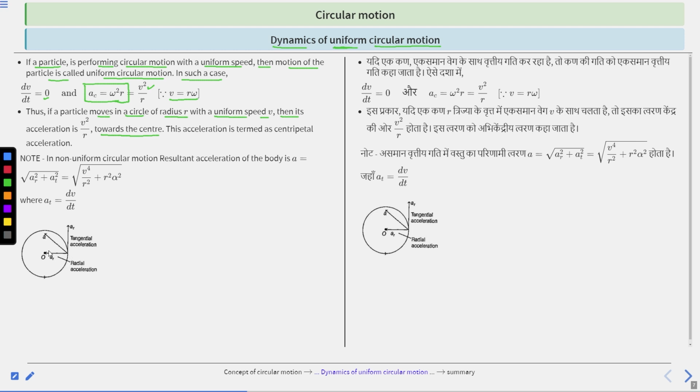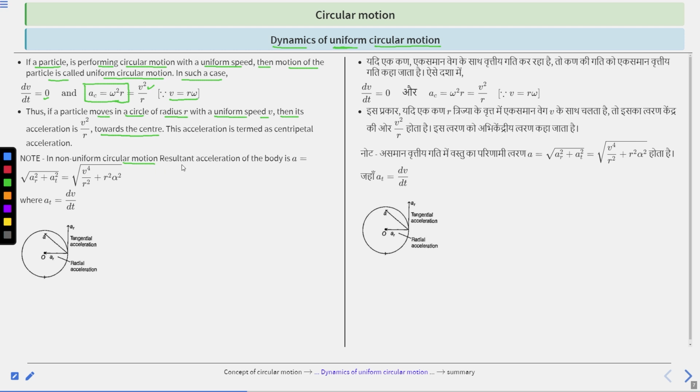This one. Towards the center. This is the center, and towards the center, like this. Clear? So this acceleration is termed as centripetal acceleration. Clear? Whereas in non-uniform